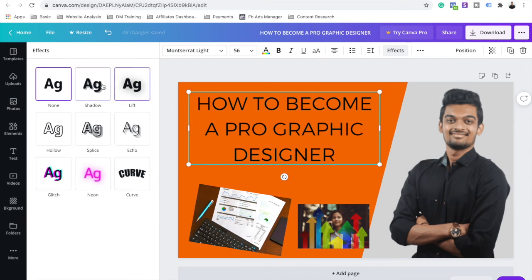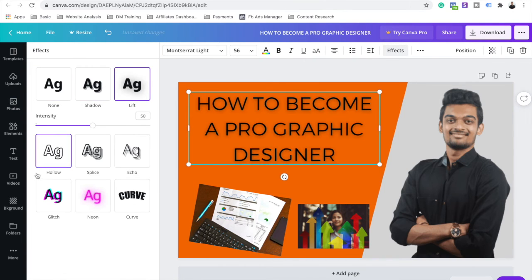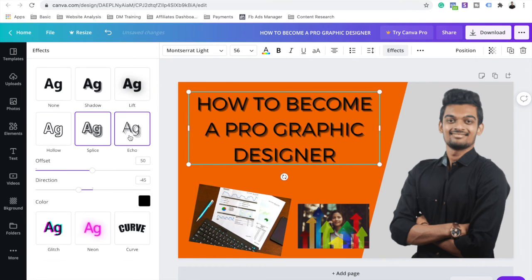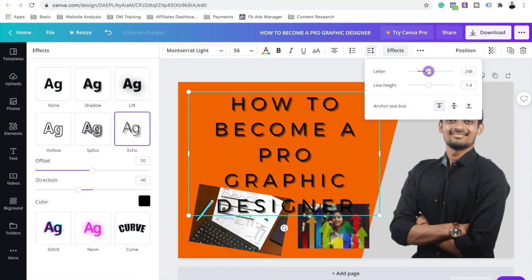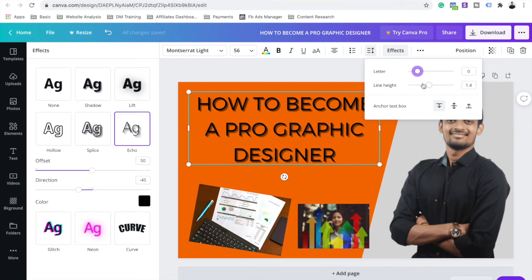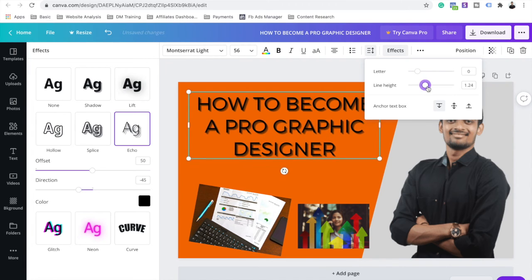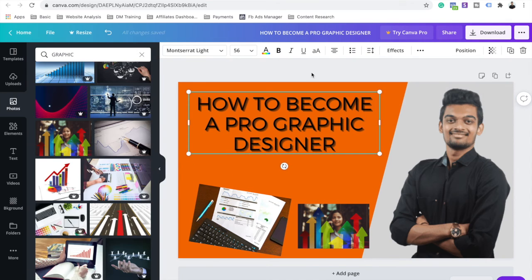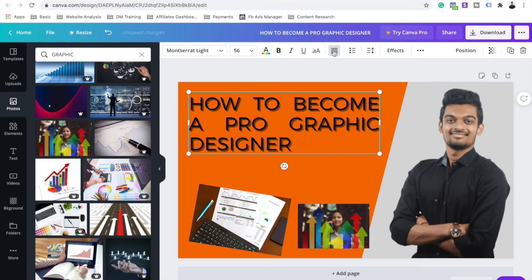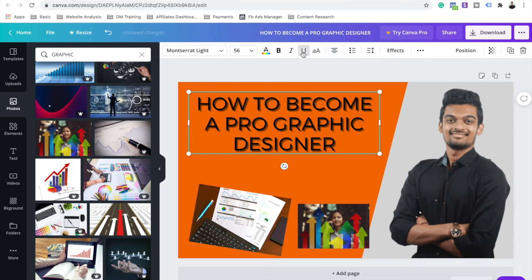You can add effects here. See, there are a lot of effects, text effects here. You can add spacing between the letters. You can add line heights. There are a lot of features here, so you just need to play around with this tool, and you will get the hang of it.